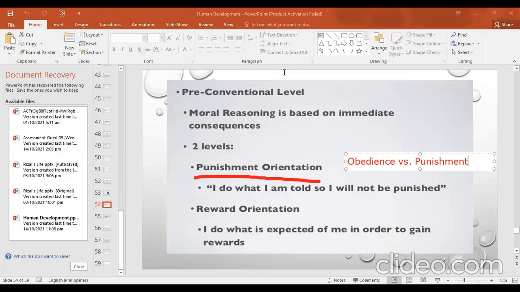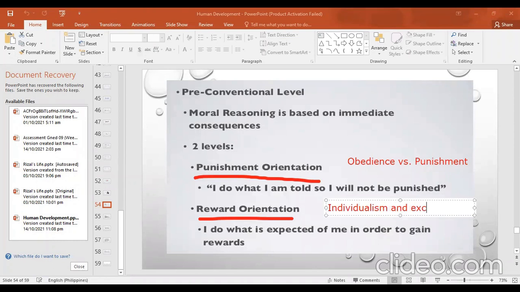we have here, okay, reward orientation. So paki-take note nyo ito. When we talk about reward orientation, level 2, we have individualism and exchange. So in individualism and exchange, I do what is expected of me in order to gain rewards. So meaning to say,